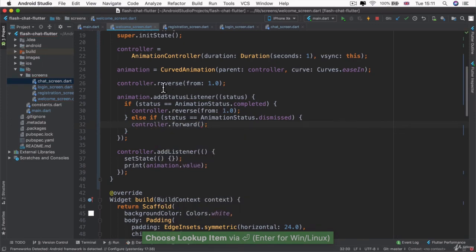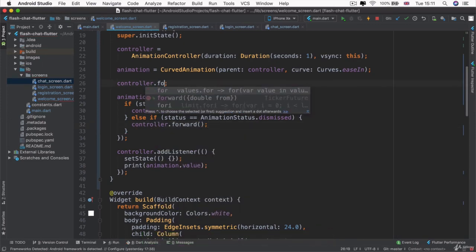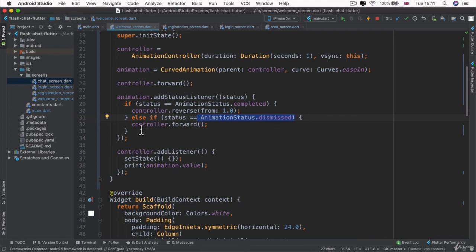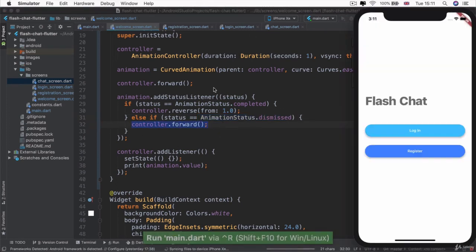So we start out by telling our controller to animate forwards, so it goes from small to large. Once that's done, our status will trigger as completed, and we make it go reverse. Once the reverse animation's done, we'll get a status of dismissed, and we make it go forwards again. So now if I hit run, you'll see my animation bounce from large to small to large to small